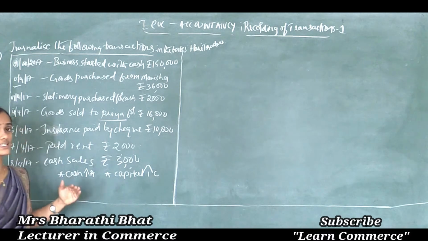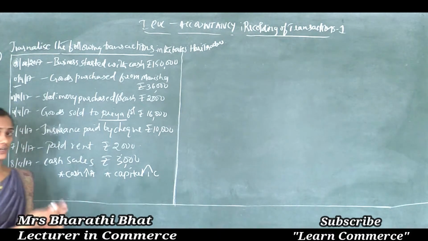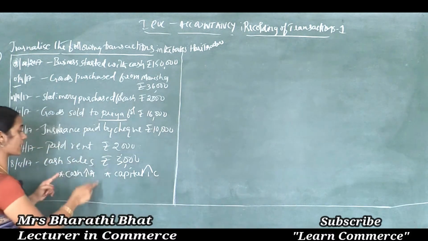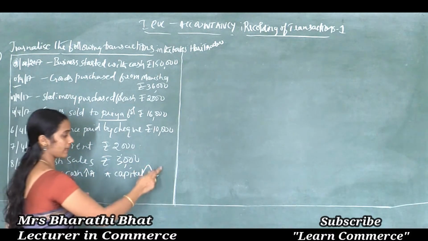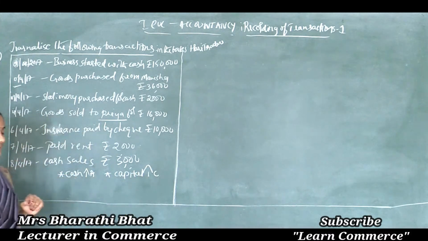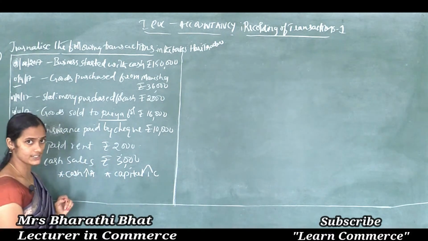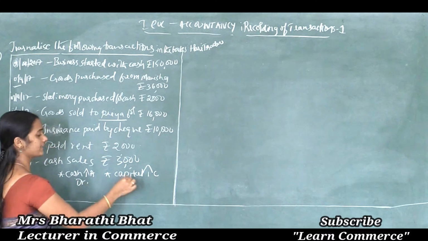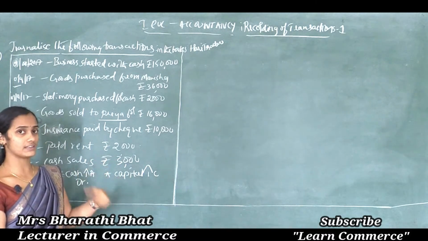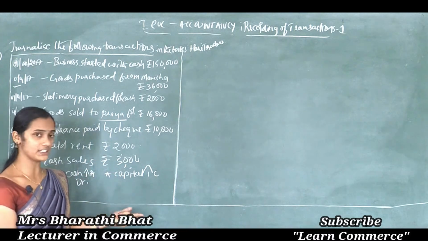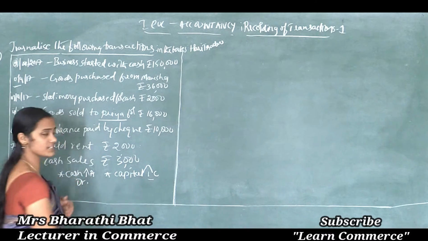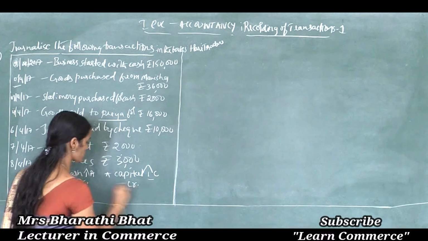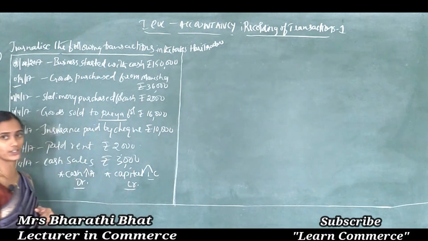The next one is application of rules of debit and credit. What are the rules? Here we should apply the rules of asset, and here the rules of capital. So what is the rule of asset? Increase in asset is to be debited. And here capital shows increased value, so increase in capital is to be credited. So one account is debited here, another one is credited here.